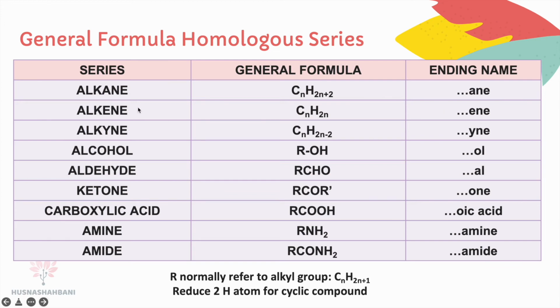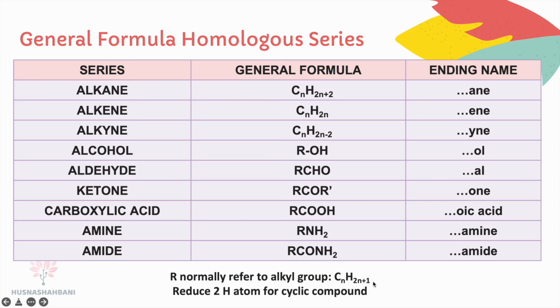Alkyne has C triple bond C, general formula CnH2n-2. So the ending name is yne. Next, alcohol. Alcohol, general formula ROH, so ending name ol. For aldehyde, al; for ketone, one; for carboxylic acid, ending name oic acid; amine, RNH2, ending name amine; amide, ending name amide. R normally refers to alkyl group with general formula